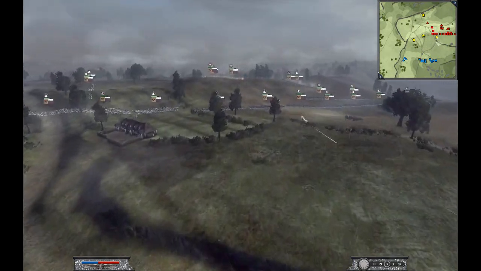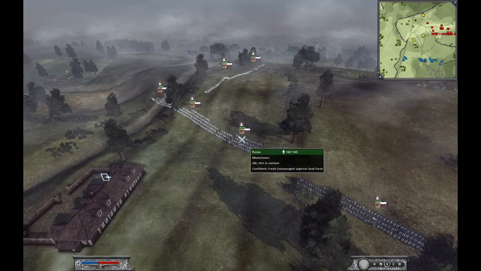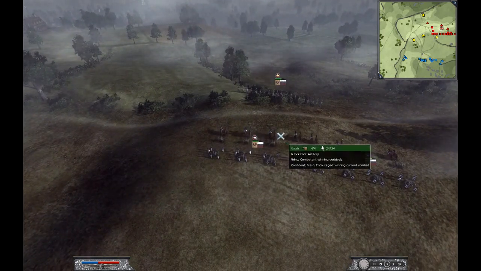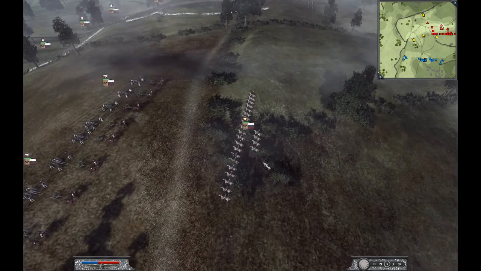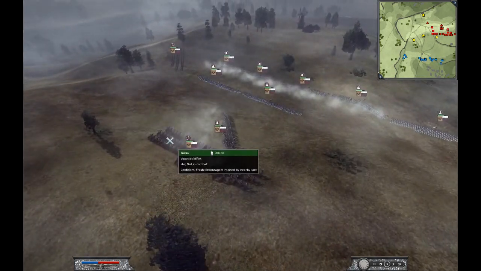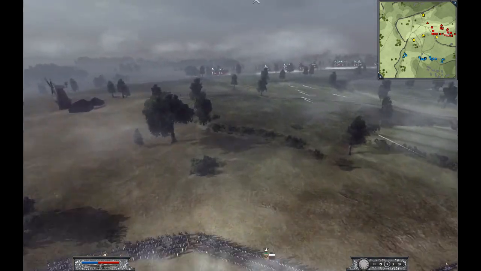Over to his army, he has 14 units of musketeers, 2 units of 6-pound foot artillery. His general is Count von Bennigsen, and he also has 3 units of mounted rifles. So,